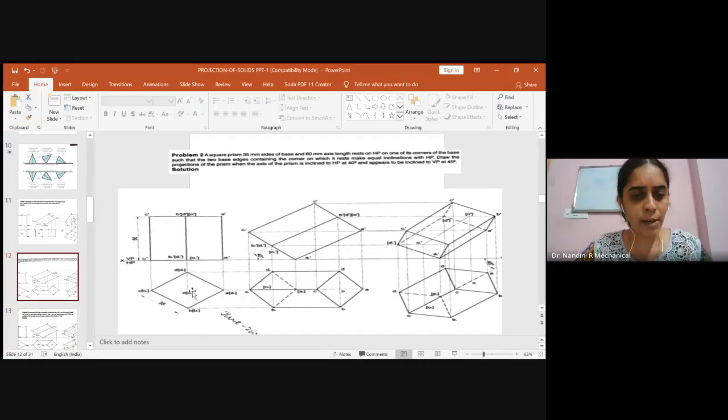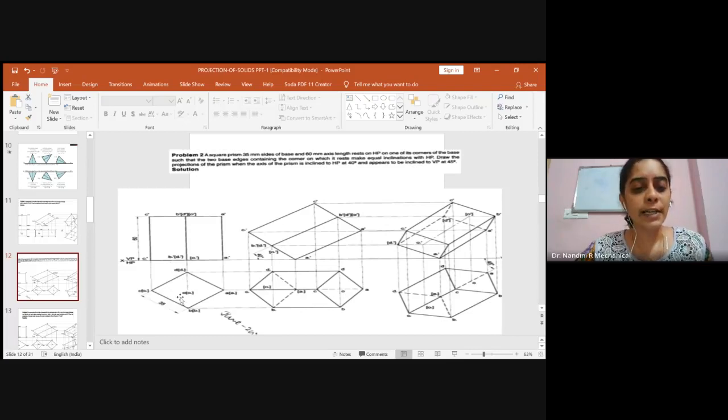So in any order you can write. Here they have shown A1 from this end. Even from A1 you can show from here also, A, B, C, D, whichever is convenient to you. So it is written A of A1, B of B1, C of C1 and D of D1. I explained to you how you write it.